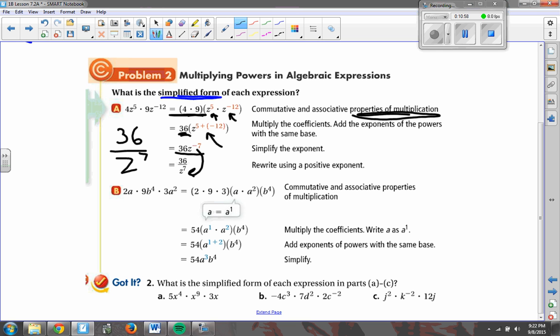Okay? So we went from 4z to the 5th times 9z to the negative 12 to this, 36 over z to the 7th, using those steps. You need to go back, watch that again. Please do that. Once you've tackled that one, we will jump down to letter B, which is slightly more complicated,